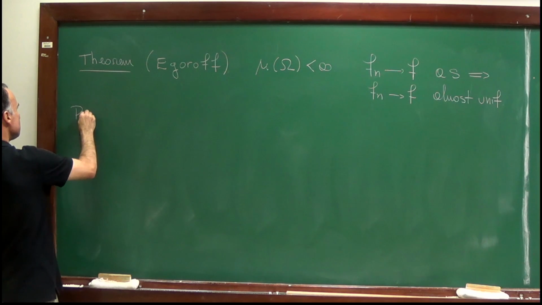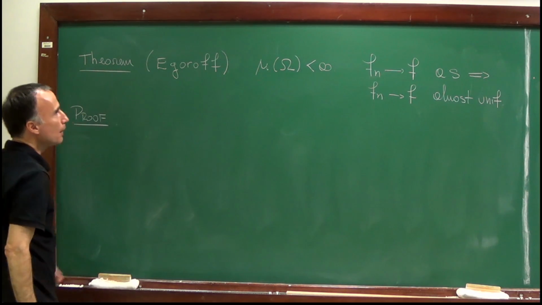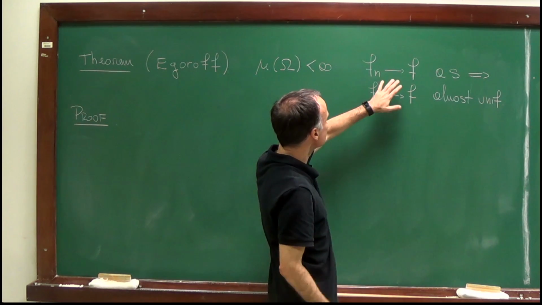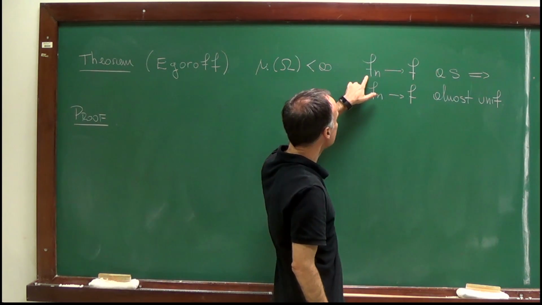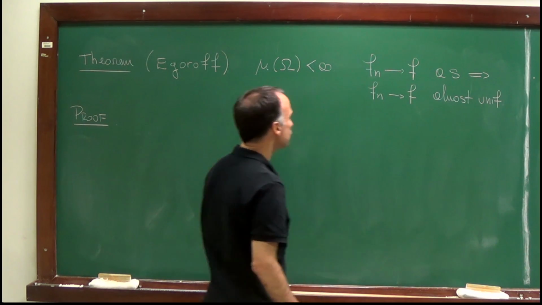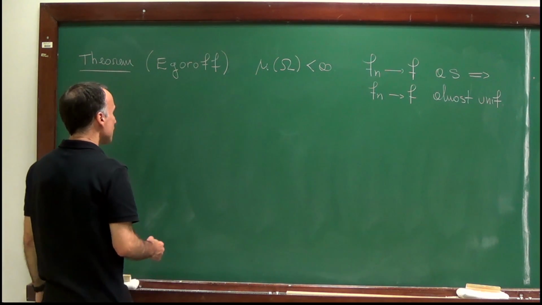So for the proof, what we want to transform in terms of sets is the assertion that Fn of x is converging to F of x. Well, what does that mean? That means that